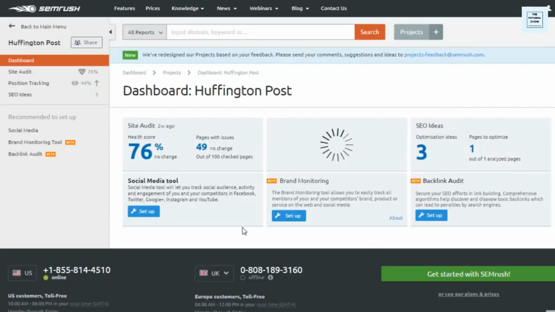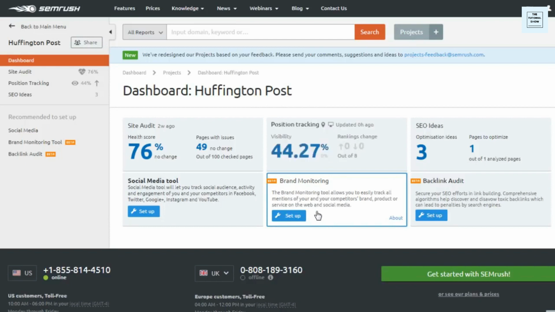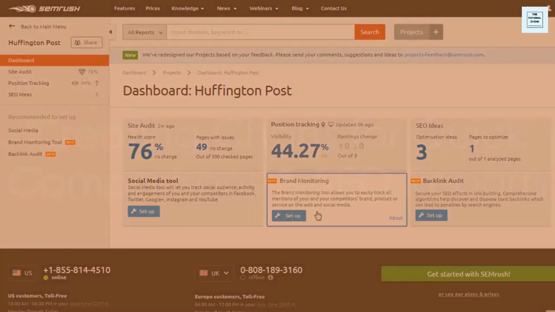So as you can see, there's some really helpful tools there in the dashboard. And they actually have a few more. They have a social media tool, so you can track your audience online. You can track the engagement that you have with your social following. And then you can keep an eye out for any brand mentions that are going on, and also perform a backlink audit. So some of these are a couple newer tools, but you can really do a lot from your project dashboard to really help you get a good idea of your site, what you're dealing with, and how you can improve your SEO campaign.